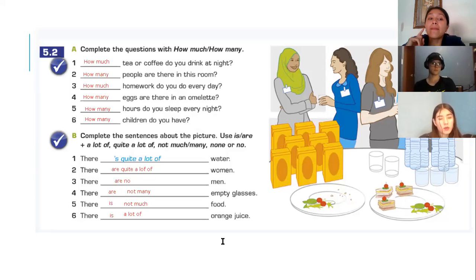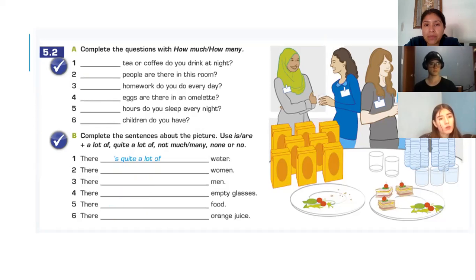¿Ok? Para no contables, siempre, siempre, siempre voy a usar is. There is. There isn't for negatives. Y para contables, pues entonces voy a usar are si es plural. Y si es singular, pues voy a usar is. Right? Yes? So? Okay. I'm going to erase and we're going to continue practicing.